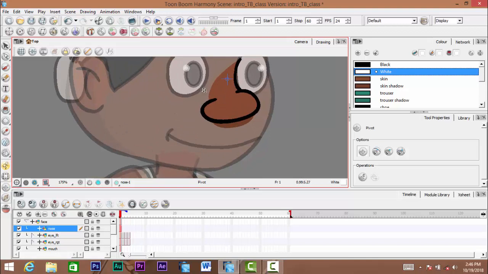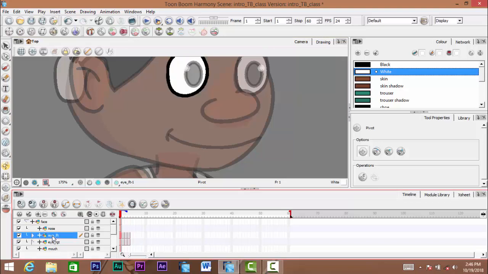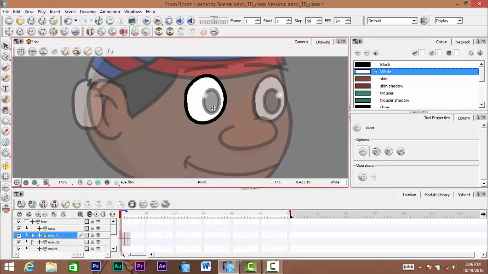So when you click on that icon and click on your artwork, you can click anywhere on the canvas, a pivot will be placed at that exact location you click on the canvas. But we want this pivot, if you click and start dragging it, will start dragging the pivot around. But we want to create the pivot somewhere here. Okay, for the nose, you can go to the eye left and enter into the eye and create for the